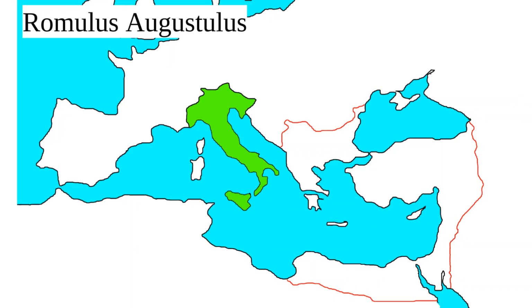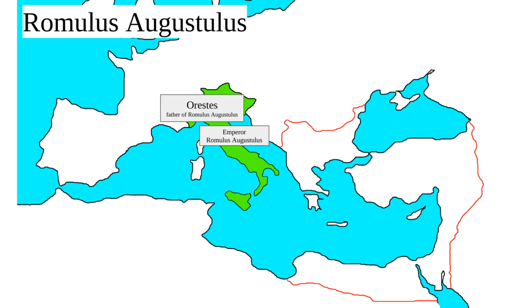Romulus Augustus in Italy. The last realm there is to speak about is the realm of Romulus Augustulus. It is well known that his name means Little Augustus, and historians love to say that he is the last emperor of Rome. They like it because it is more poetic than anything else.